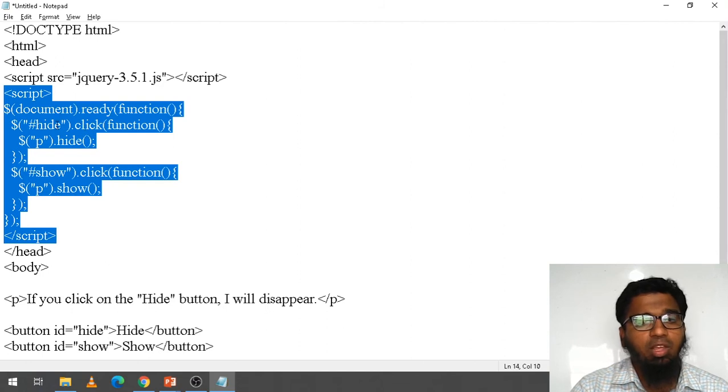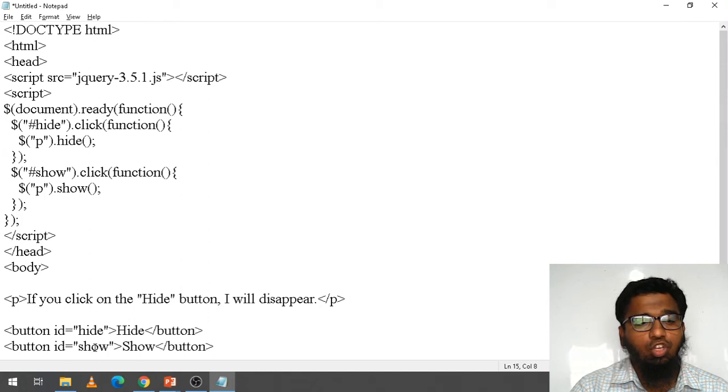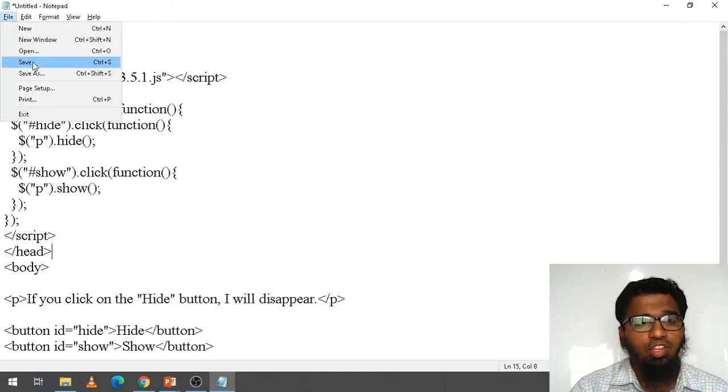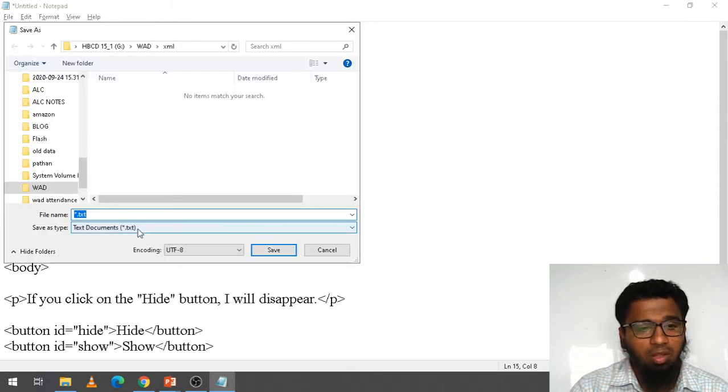What is the scripting? Hide ID. What is the ID? Hide. Whenever we click on this, the text will be hidden. And this show, whenever we click on the show ID, it will display the text. So first of all, I need to save this file, save, and I am clicking effects.